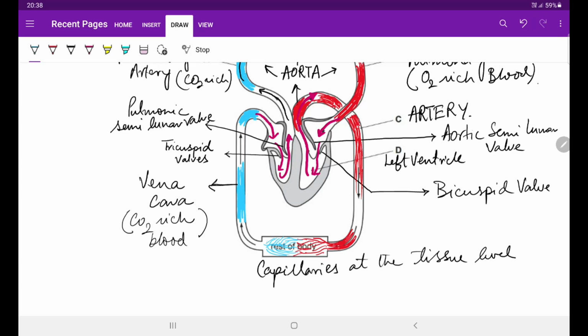Now, the oxygenated blood received by the body tissues through the arteries becomes deoxygenated, and now the deoxygenated blood is again sent back to the heart through the veins. As these blood vessels join together and carry the carbon dioxide rich blood, these are the veins which culminate together in forming a bigger or main vein called the vena cava, and again it empties its contents into the right atrium, and the process repeats.